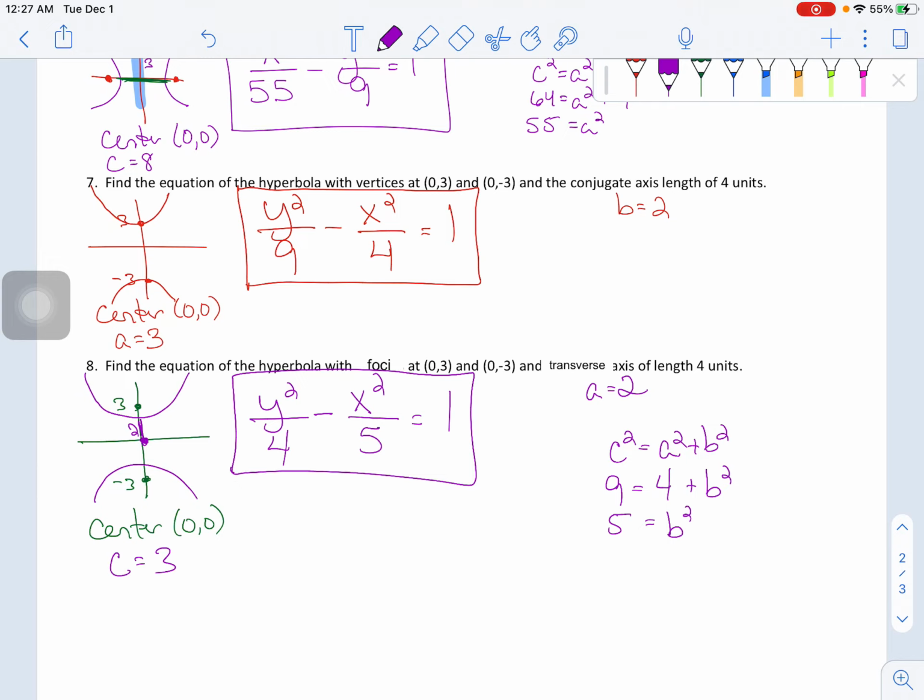All right, so that concludes this particular note sheet about hyperbolas. If you have any questions or concerns about these word problems,